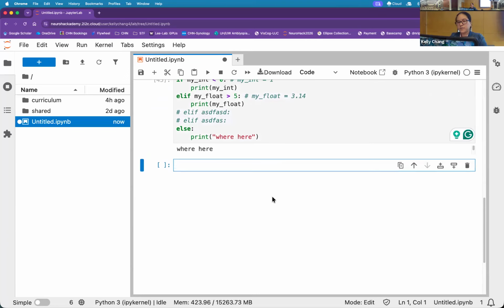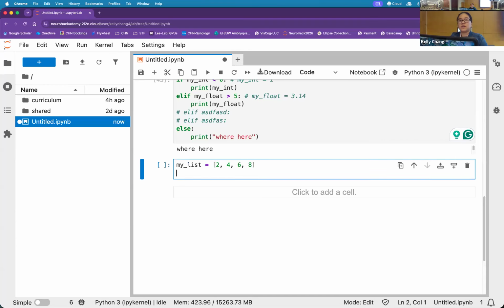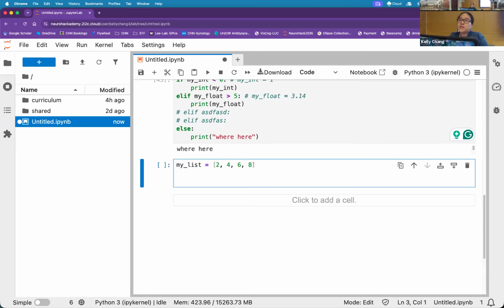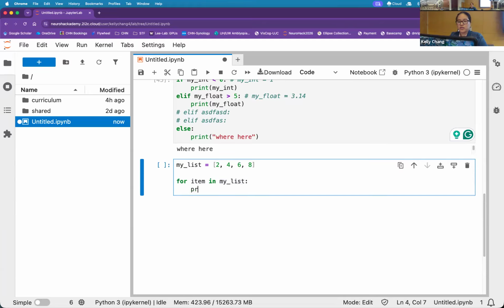Next is a for loop. So let's start with another list here. So 2, 4, 6, 8, just so we have something nice to visually go through. For loops in Python are actually really nice. So for item, or let's just say, yeah, item is shorter, in my list is the way you can start. So for the iterative variable in the variable that can be iterated over, I'm going to just say print item. And what this is going to do is print every single item, so every single number inside my list.